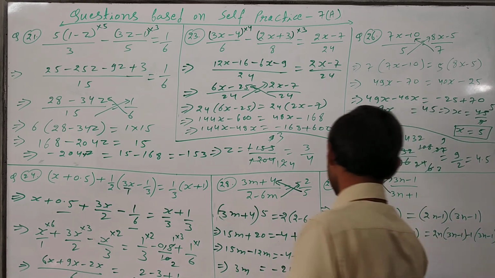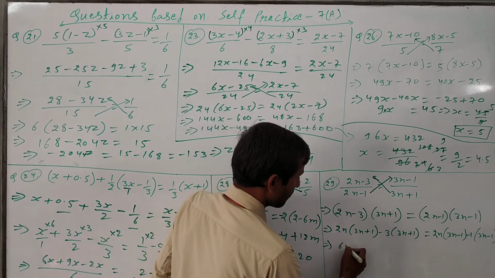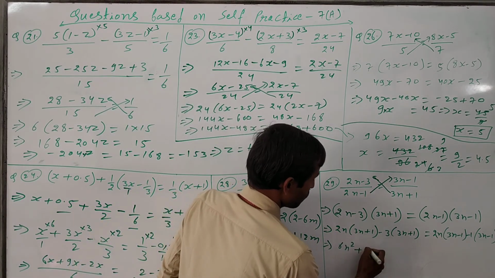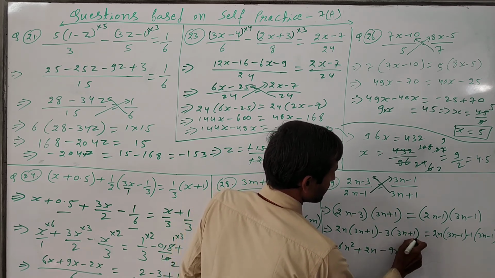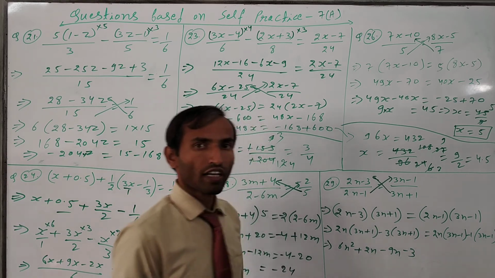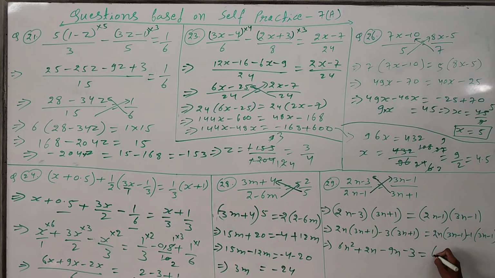Okay, after that we will multiply, 6n square will come and then 2n will come. Minus 3 3 is 9n and then minus 3 into 1, minus 3 will come. Okay, now 2 3 is 6n square, so 6n square and minus 2n, then minus 3n and then minus minus plus 1. Okay, because this minus sign and this minus sign, minus minus plus sign.